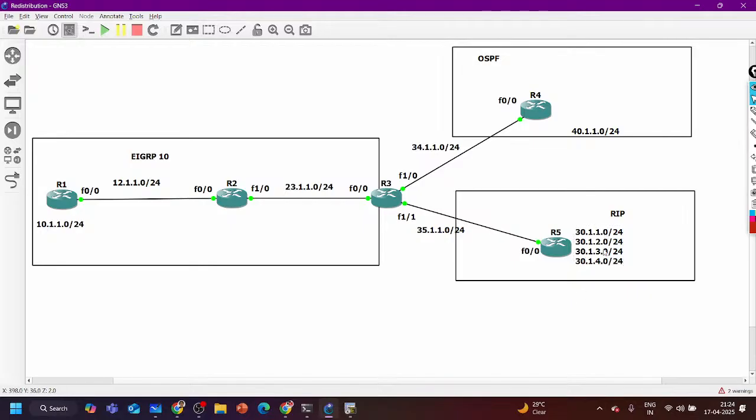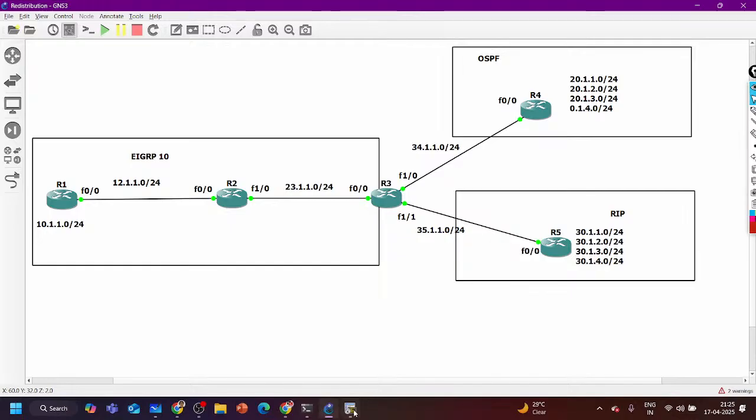Let's say these are different departments in this company. And here we have 20.1.1.0. Suppose these are different departments in the company.